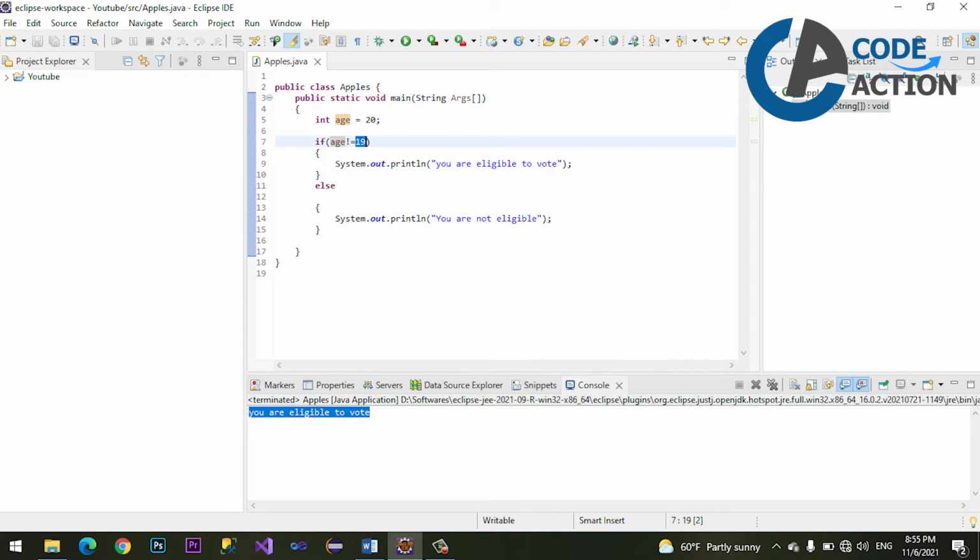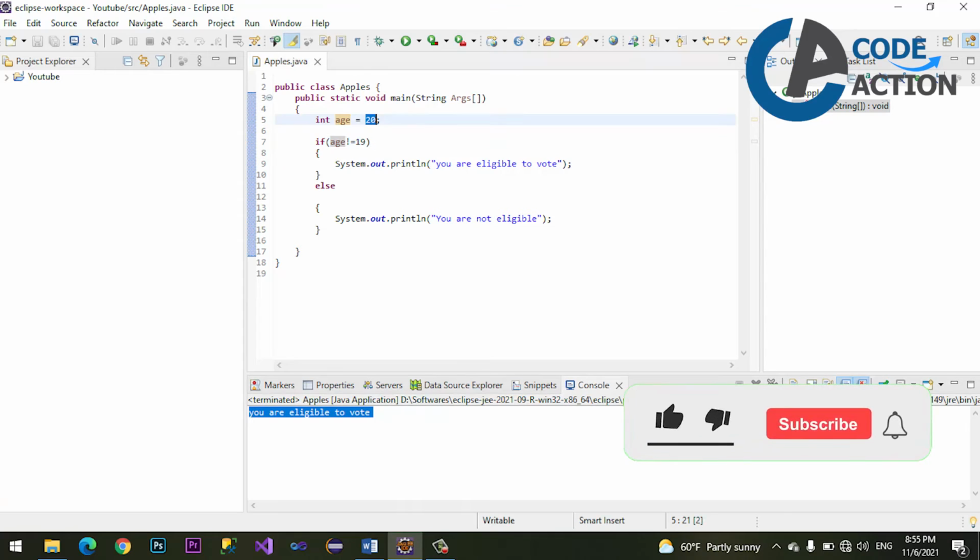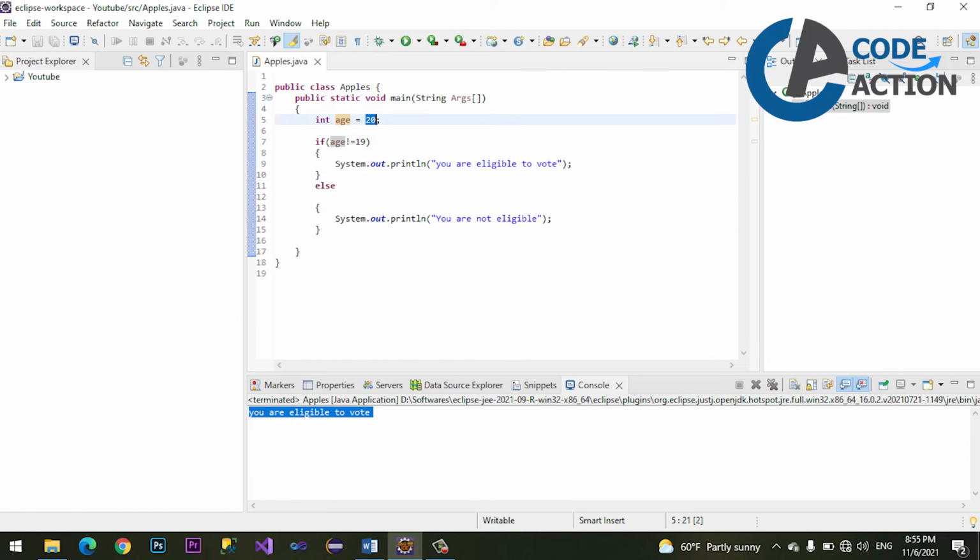Now run. You are eligible to vote. 20 is not equal to 19, so it displays this message. If it is 18, again you are eligible to vote.